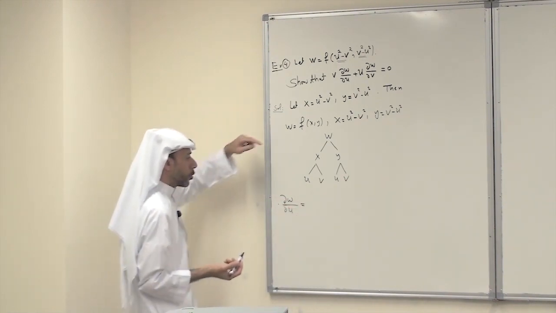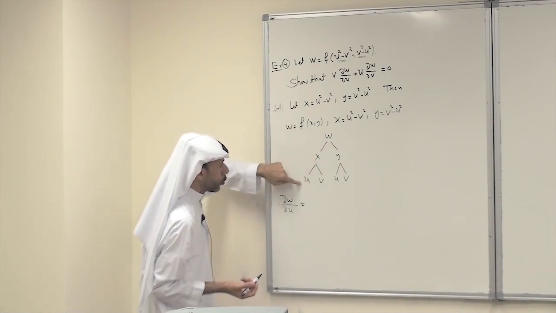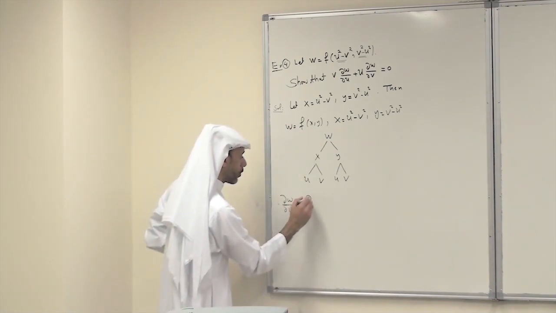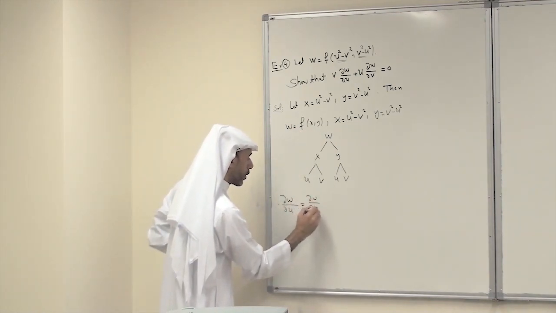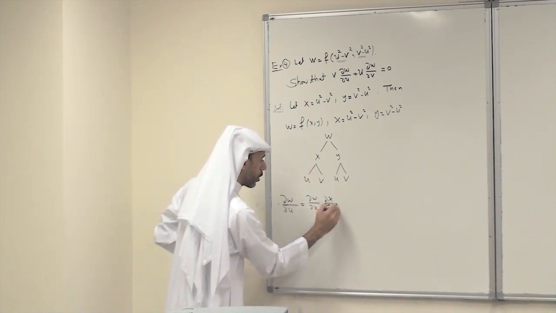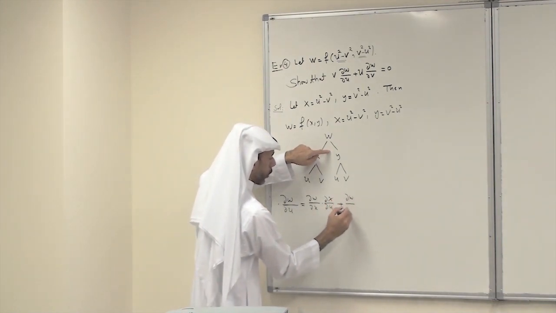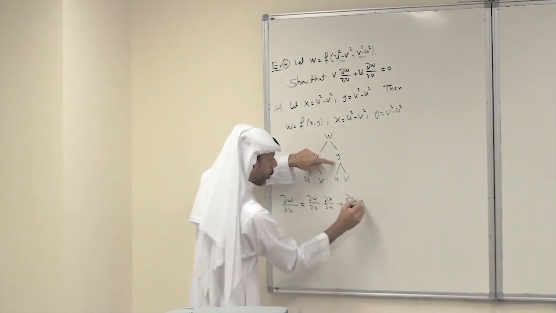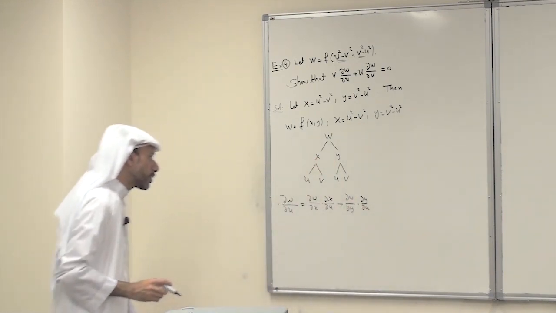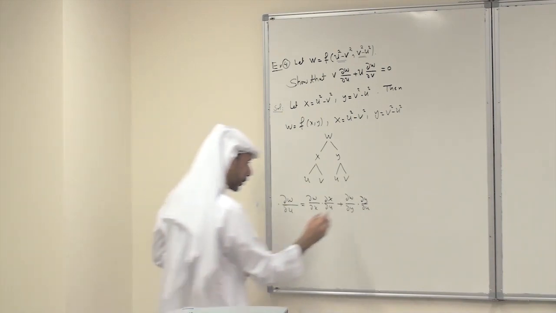As usual, by the chain rule, through x and through y, we can go from w to u through x and through y. Through x, it is partial w, partial x, times partial x, partial u. Plus, through y, it is partial w, partial y, times partial y, partial u. So this is the first one. Compute, so this equals,